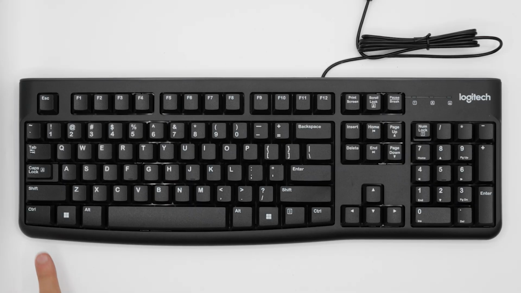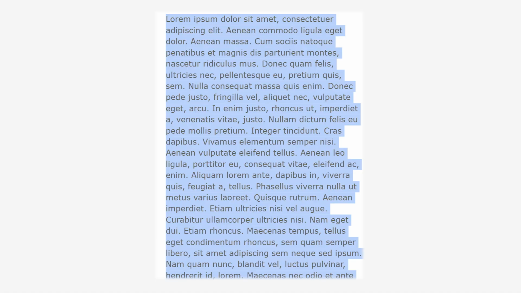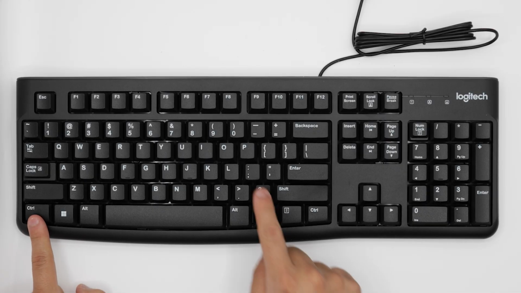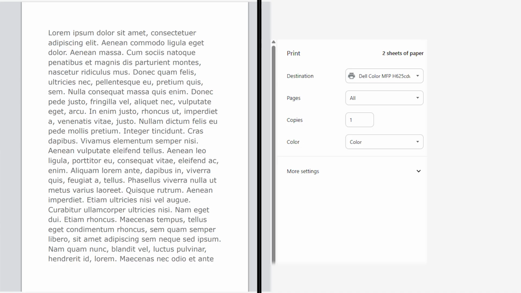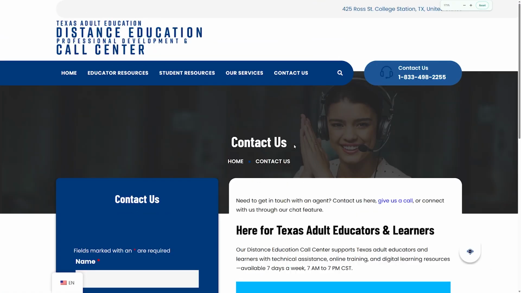This key, Control, will activate special shortcuts when combined with another key. For example, if you press Ctrl and A, this will select all items on the page that can be selected. If you press Ctrl and P, it will open the print function, if it's available. Holding Ctrl and using the mouse wheel will zoom in or out of your window, which can make it easier to read. On a Mac, this button is replaced with the Command button, which looks like this.